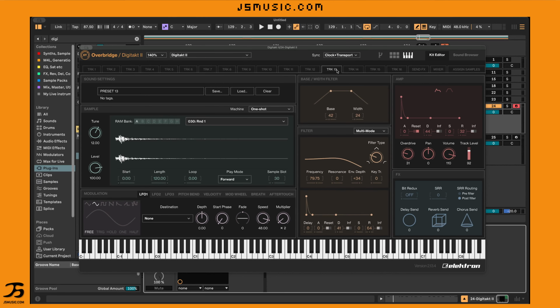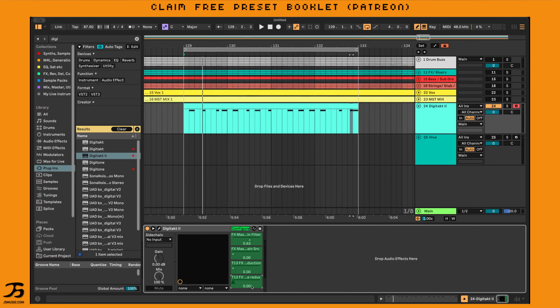So on track 13, for example, if I wanted to automate the bit redux, I would just touch that and then the sample rate reduction. And as you can see down here at the bottom, it's adding stuff to this. So if I wanted to utilize these two now, the gain reduction and the sample rate reduction, if I just play the sound through,